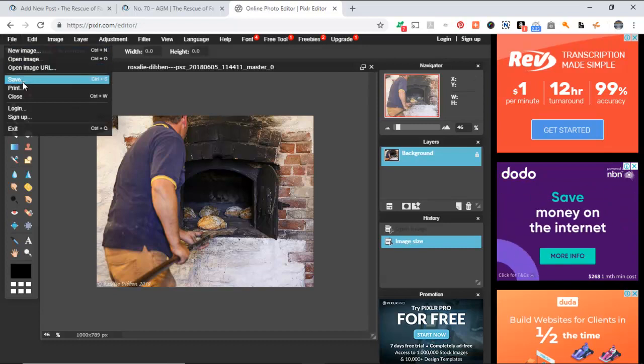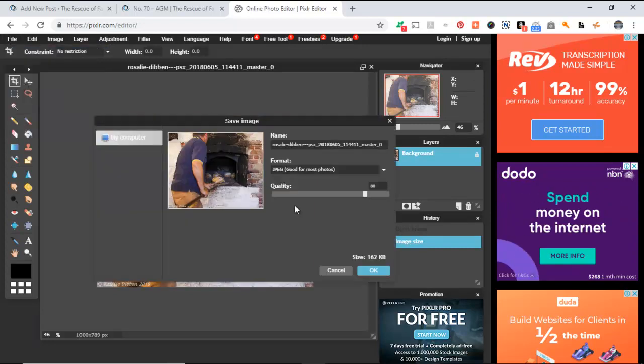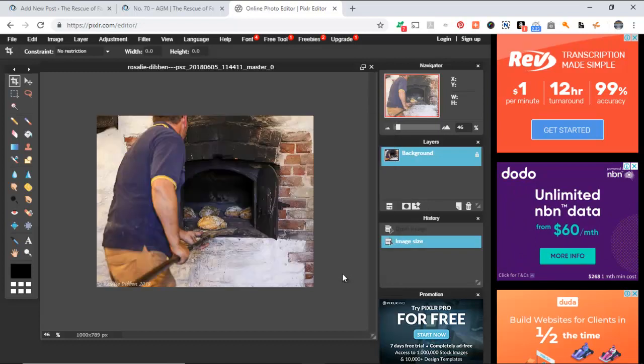Go save. And then it tells us how big it's going to be. So we don't need it at 80. We can do it at about 40. And now it's under 100 KB. So we're always aiming to get it down as small as we can. So that's 100 KB. If we made it, say, 80,